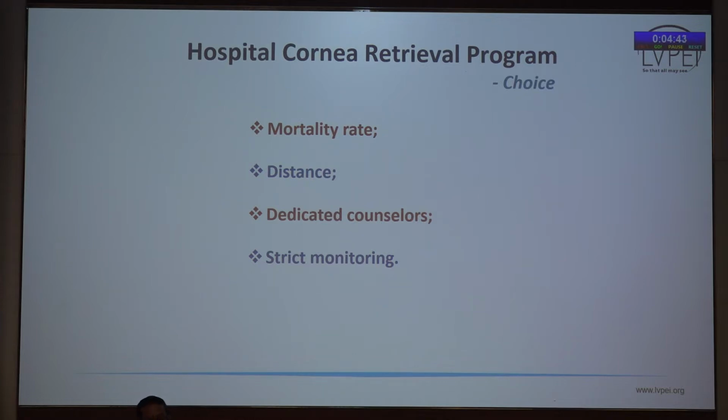So we choose places where the mortality rate is high. Again, surprisingly, most of the SCRP in all places is from government hospitals. Although education looks like it has nothing to do with donation, most of the poor and uneducated people donate easily. Maybe the death rate is less in private hospitals, or the people die due to septicemia, which are contraindication cases. So mostly we get from government hospitals, and we know SCRP needs dedicated counselors, and it's a good idea to have a technician-cum-counselor rather than only a counselor.